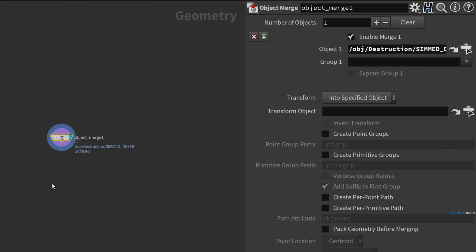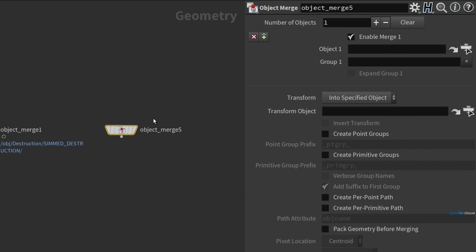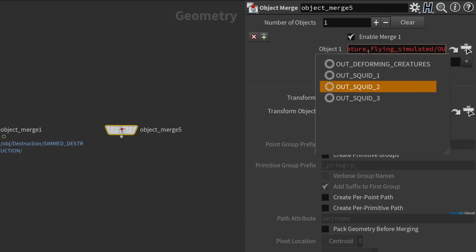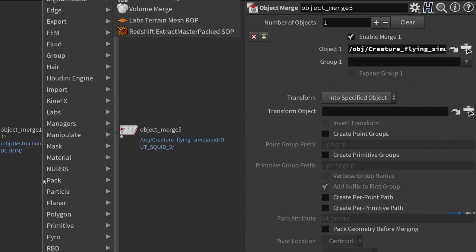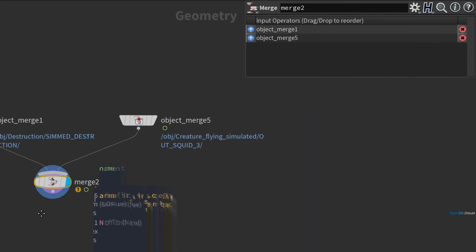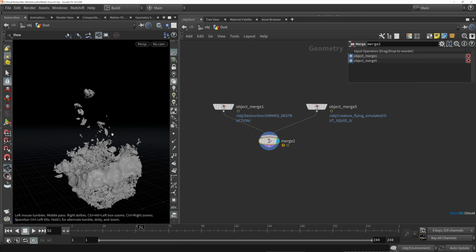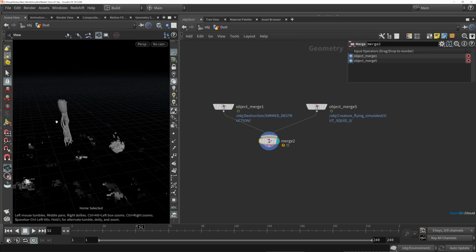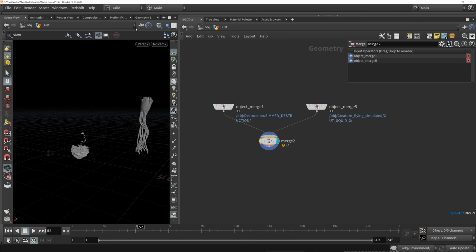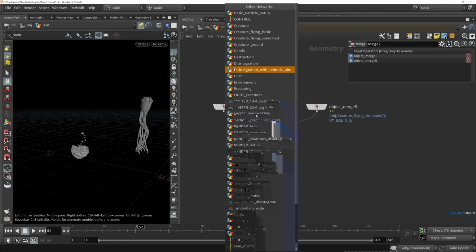And now let's also object merge in the creature. So in a second object merge, let's point this to object/creature_flying/simulated and out squid3. Then let's merge these together. And actually, the creature is not going to be in simulation scale yet. If we hit space G to frame all of our visible geometry, you can see this squid creature is out in a different space. So I'm going to pin my viewport into this dust section here,